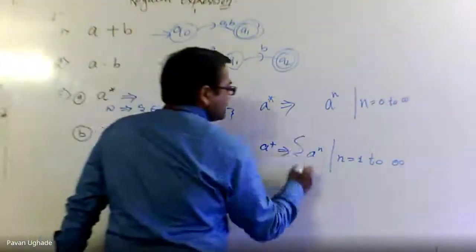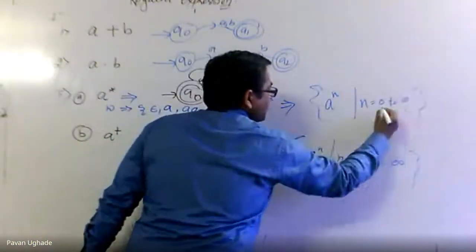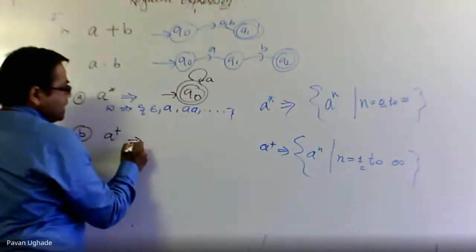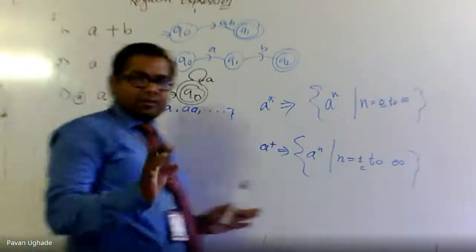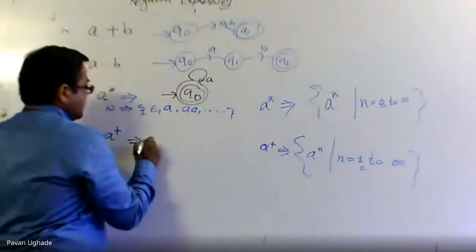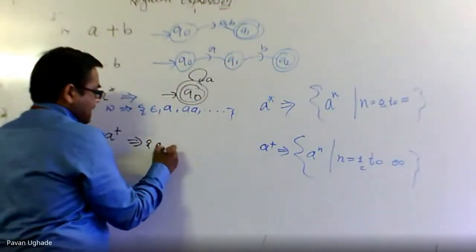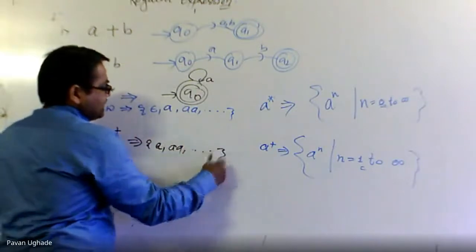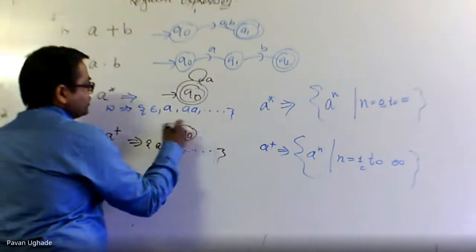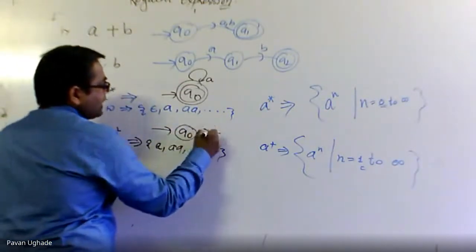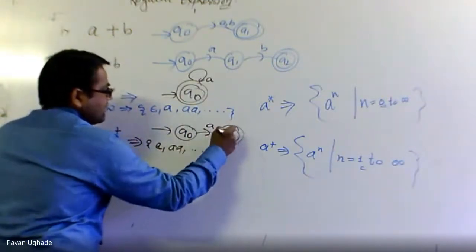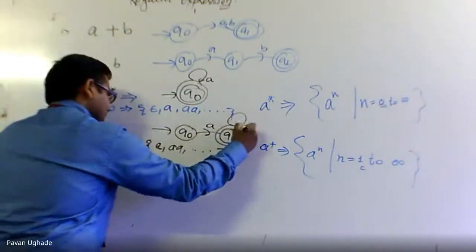Infinity. So the only difference over here is that it starts with 1. How will it be? The initial state is not the final state in this case, because epsilon is not accepted. It will accept A, then A, then multiples. So we will represent the automata in this fashion, Q0. As the minimal string is 1A, now you can say this is a final state at 1A, and after that let there be any number of A's.